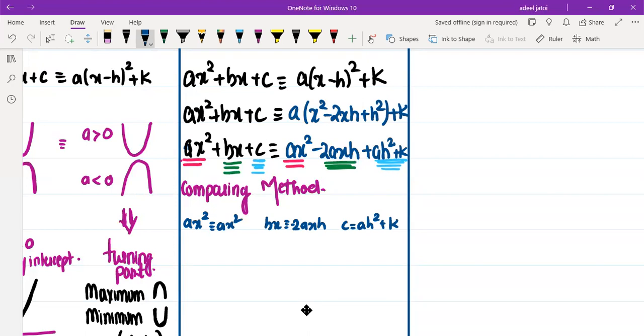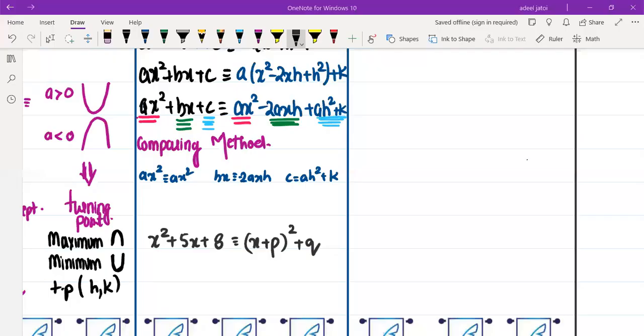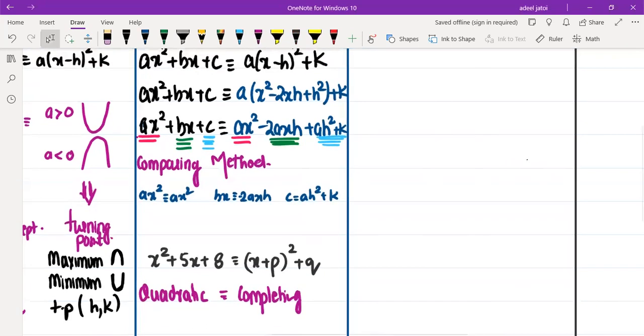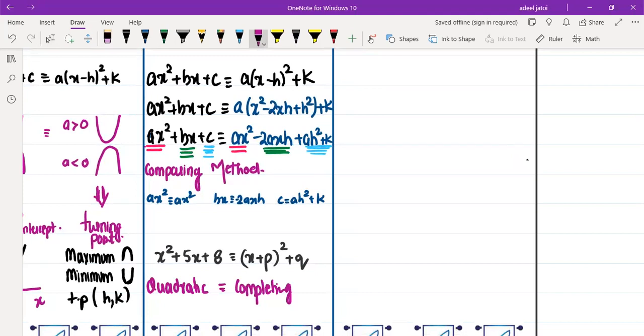Let's just do an example. The example that we can directly relate to is x square plus 5x plus 8 equivalent to (x plus p) whole square plus q. Now we know that this is your quadratic, and this form is the completing the square form. The question might arise in your mind that the form that we spoke about was a(x minus h) whole square plus k. Generally in past papers, the examiner will test you